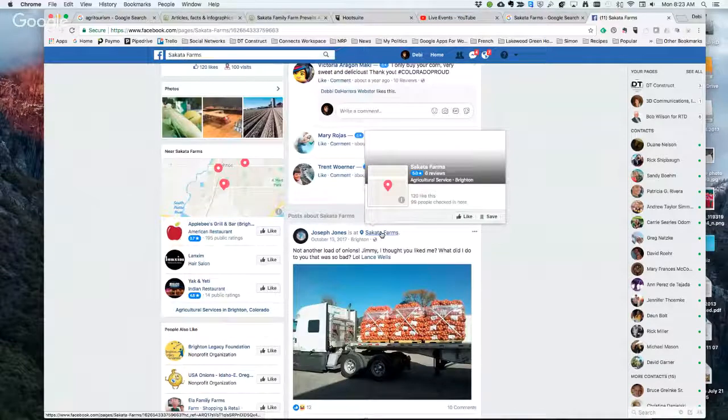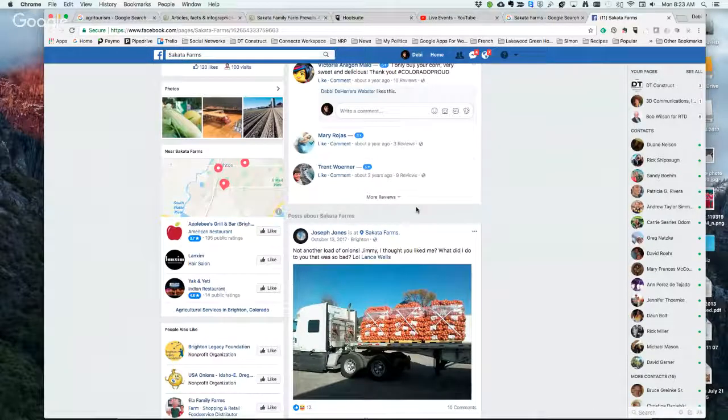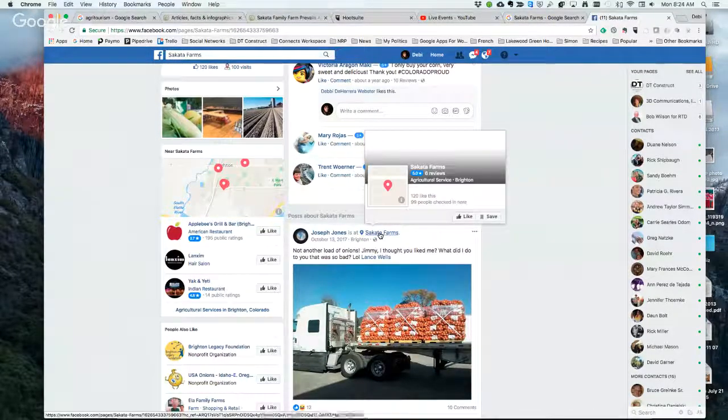Let's see. So people are checking in there. And when people check in on Facebook, they'll just go in, they'll search, they'll find Cicada Farms. Somehow Cicada Farms is showing up on the geolocation, and they'll check in, even though he doesn't have a Facebook page. And that's how that's true organic digital presence, but he's not managing it and he's certainly not leveraging it. So that's unfortunate. 99 people have checked in and he probably doesn't even know that he has a presence on Facebook, or he does and he doesn't care.